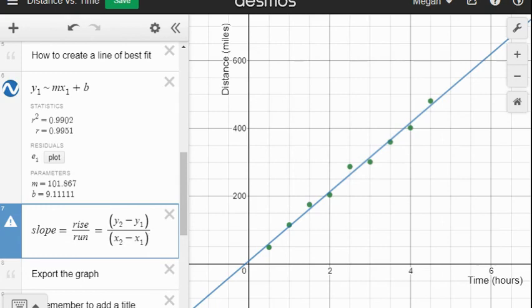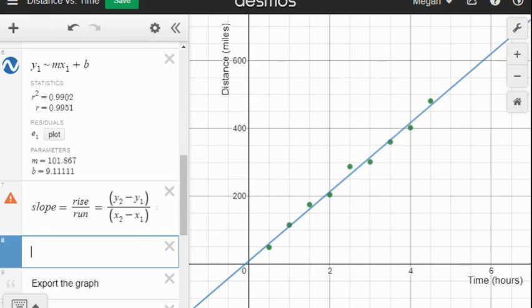Now, if we look at our axes and we think about these in terms of data, not just numbers, but data. What are we measuring on the y-axis? Well, my unit for the y-axis is miles, and my unit for the x-axis is hours. So if I find the slope, and by find the slope I mean if I let Desmos tell me the slope, which it did right here, and then I remember what the units of my slope are,